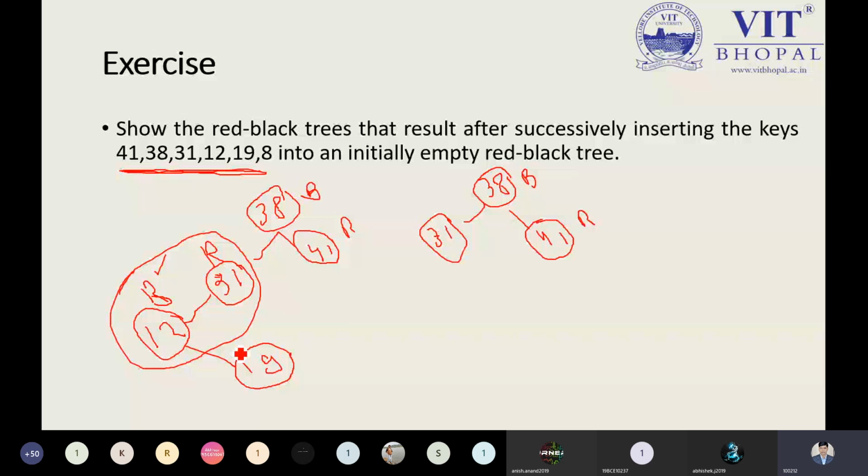Yeah, this will be the 19, and this is our red, and so this is our red, and this is our red, and this should be our 12. This is already into the black, but again this tree is not balanced, so we need to perform